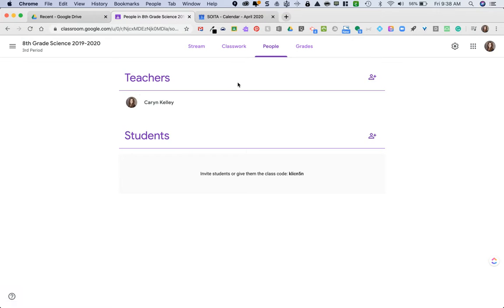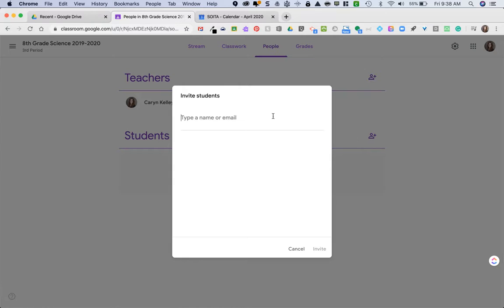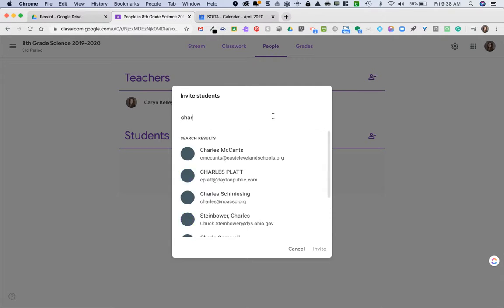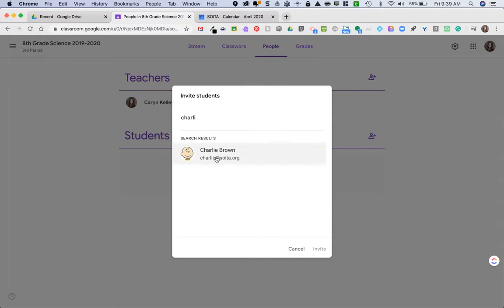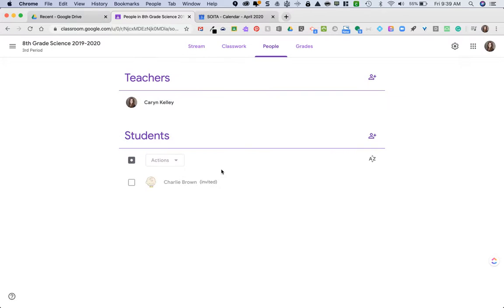People is where you can invite teachers and students. When students join using the code, they will automatically show up here. You can also have the option to invite students by clicking on this and typing in their name, and then they'll show up as invited. And when they come into Classroom, they will see an invite waiting for them that they can accept. So you can use this even if your students don't have access to Gmail, because I know with the younger students,